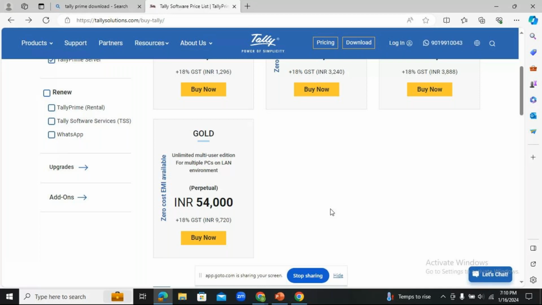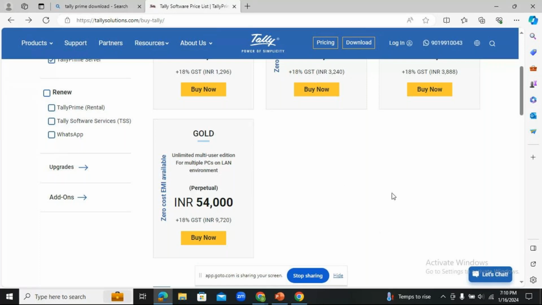We are not going to pay towards purchase again and again. One time we are purchasing, that's it. We only need to pay the upgradation fees as and when the Tally software gets updated. Right? So this is the one-time purchase for the gold edition where we have to pay 54,000 plus 18% GST.